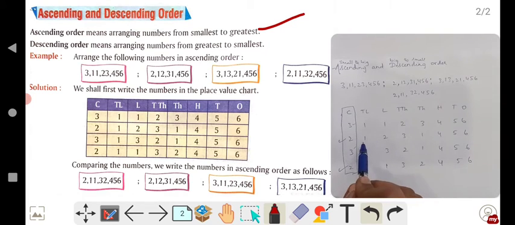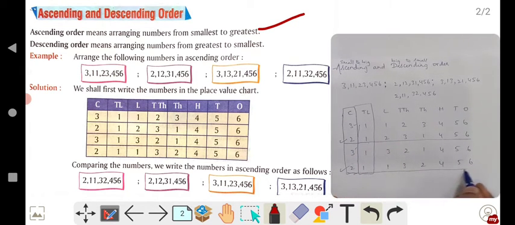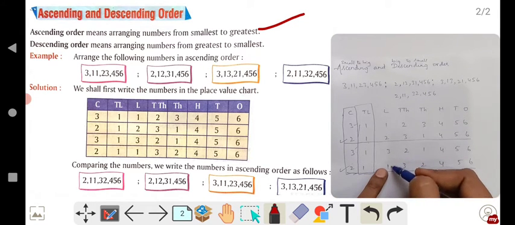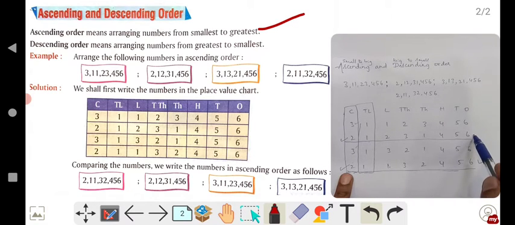Then next come to the 10 lakhs place. You can see all the numbers are the same. All of them are 1 only. Then coming to the lakhs place. In lakhs place, now you compare these two numbers. You see which is smaller, 1 or 2. So 1 is smaller. It means this number is smaller. Again, no need to go through the 10,000s, thousands place. These two digits are the same at lakhs place. When you are moving to lakhs place, if 1 is small, then this number will be smaller than that number. So in ascending order, this number will come first now.